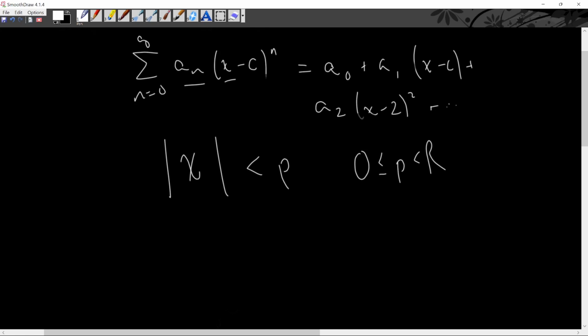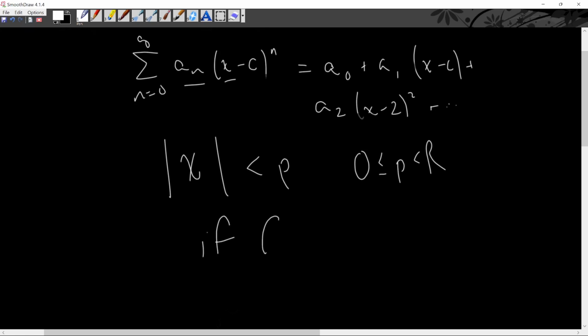So there is a value automatically in between, such that p is less than r, and p may or may not be equal to 0. So the absolute value of x has to be less than p, because p can be like r minus 0.000001. It's just a distinction, and if r is greater than 0, then